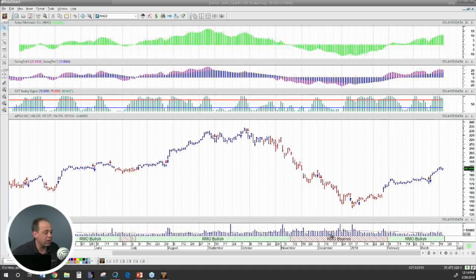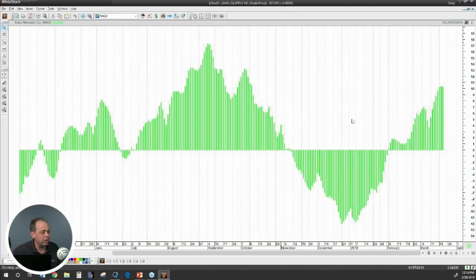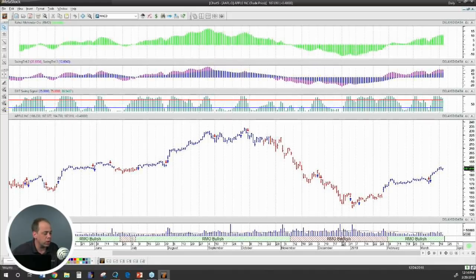So here, just to kind of recap for those people that are on GoToWebinar, this is the indicator we're talking about. If it's above 0, you're bullish. If it's below 0, you're bearish long term. Okay, and this is the ribbon I was talking about. If it's down below 0, you're going to see that it says RMO bearish here, RMO bullish here. So looking at just when it went bullish in February, the stock has gone up from maybe about 163 to about 187. So it's actually rising in price. Those are the opportunities. That's when we want to be looking to go long and not short.